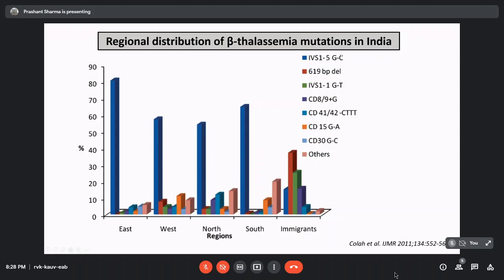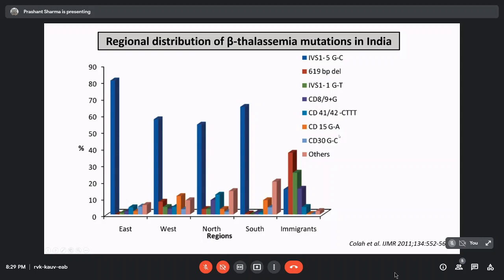So for that, it's really helpful that in India, the mutations which are common are really common. By which I mean that if you take the first 5 mutations in this list and you test for them, you would have covered more than 90% of the thalassemic alleles that you're going to encounter in any part of the country. And a clear winner in terms of frequency across groups other than immigrants is the IVS15G2C, which we saw was a splice site mutation, followed remotely by the 619 base pair deletion, and then another splice site and two frame shifts, the codon 89 and 4142.